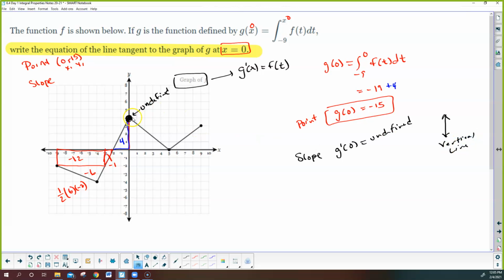So this one is a little trickier than we wanted to get to. But if the slope is undefined, then all it is is a vertical line at whatever your x value is. So the tangent line at x equals 0 would be a vertical line because the slope is undefined, and that vertical line would have the equation of x equals 0, because that's the